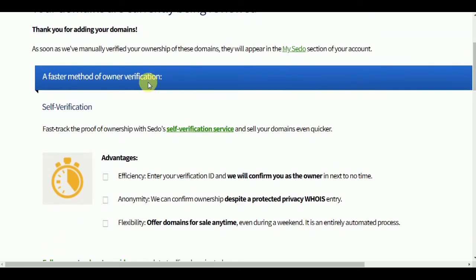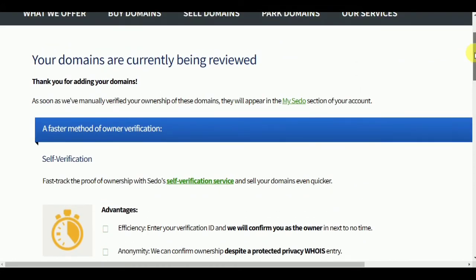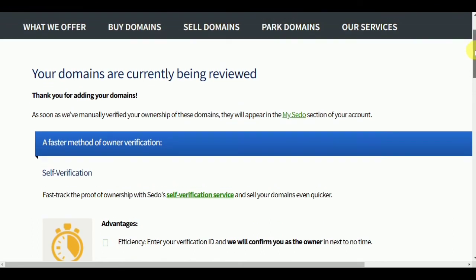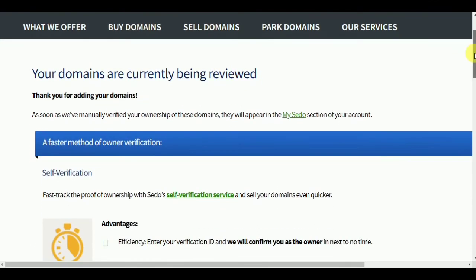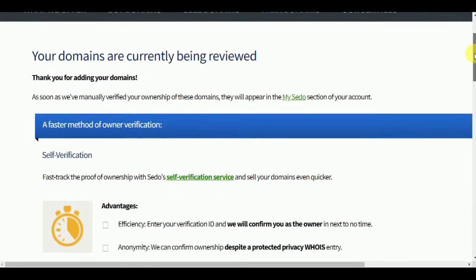So that's the process of how you can add your domain on Shadow MLS Premium. That's an easy step. I hope you will understand, and you will use this information for your domains to sell fast, and such information related to domain investors is very helpful.